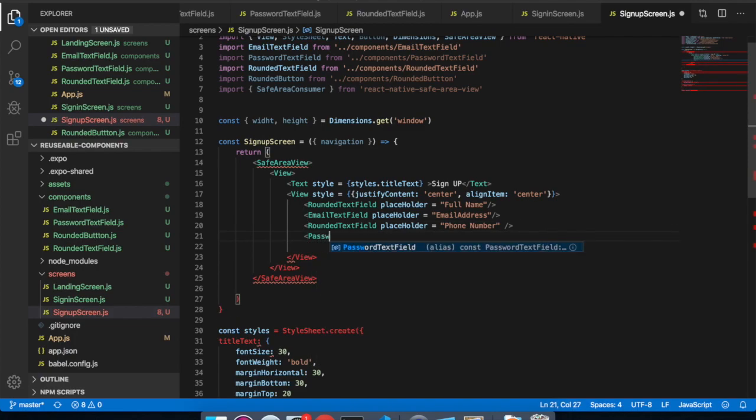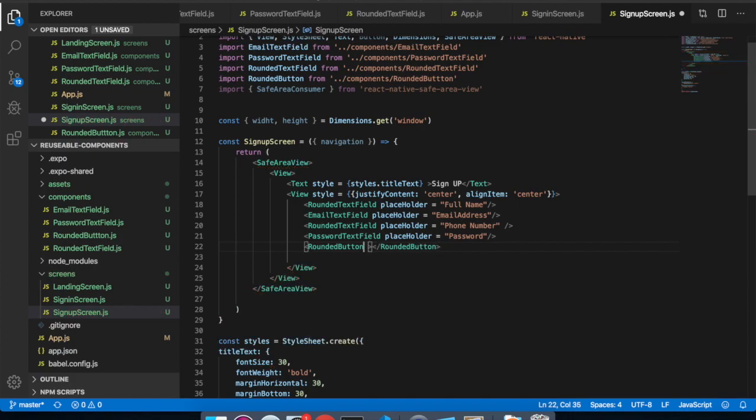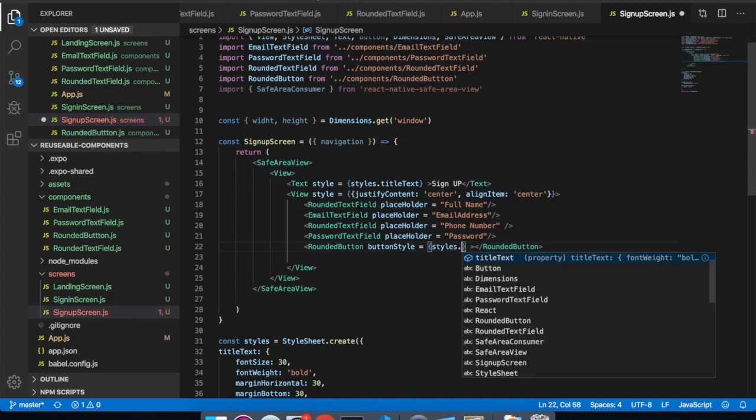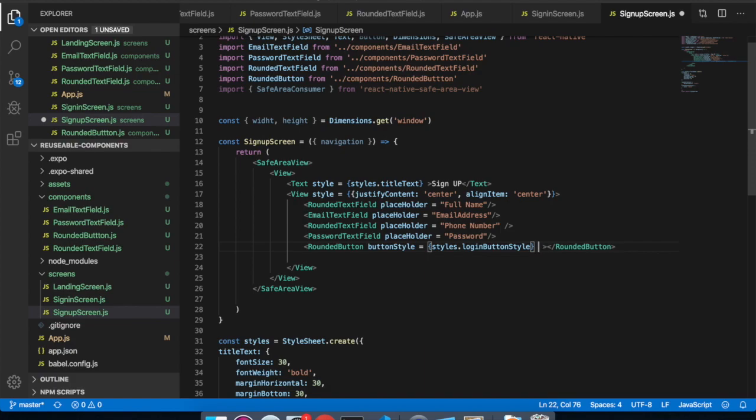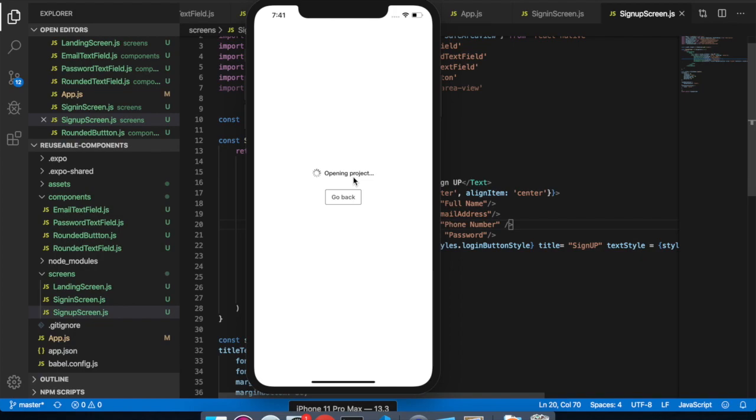Then we have a text field placeholder equals password, then rounded button, button style equals styles dot login button style, title equals sign up, text style equals styles sign in text color style. Save this file. If I run again,